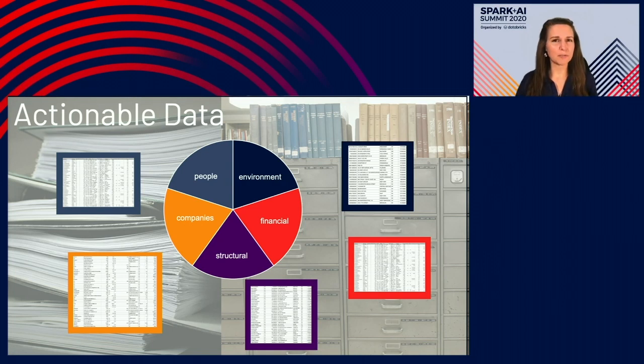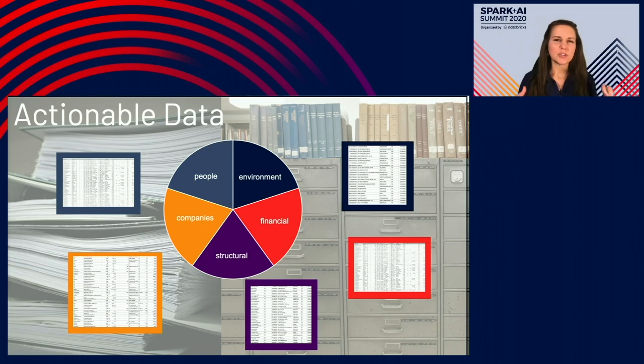We also collect demographic information. We collect location information and information about the financial histories of these properties. And individually, each of these pieces of information is only one aspect of this complete picture. And none of them, even the ones that are focused on people and the contact information and demographic information from the people, cover all of the aspects of a person because of their complex relationships with companies, and the relationship that they have through the companies or directly with the properties. It's only when you combine all of these data sets that you're able to create actionable